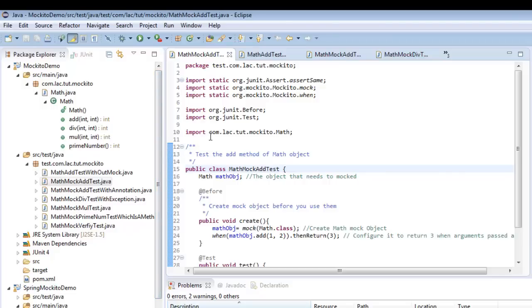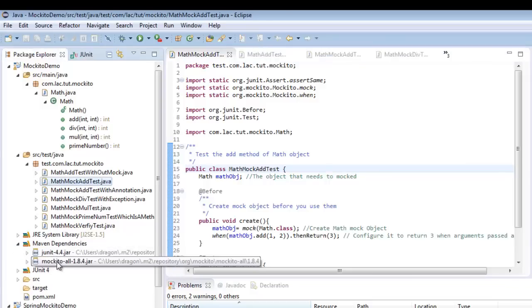Let's write a test case using Mockito to mock the various operations in the math class. For example, here I'm going to mock the add method of the math class. To do that, I have to use the Mockito library, and here you can see for my project I set Mockito as a dependency, and JUnit is the one which is going to drive my test framework.